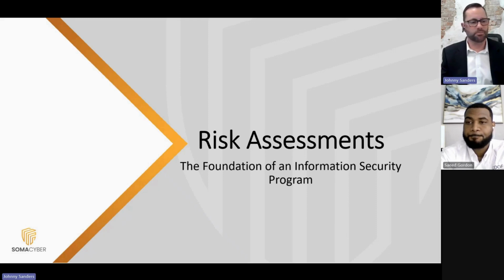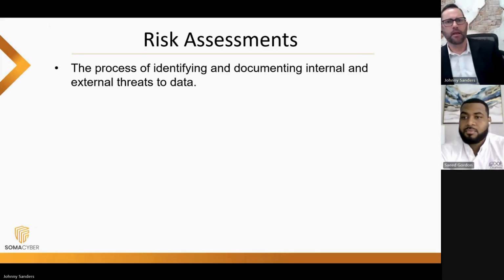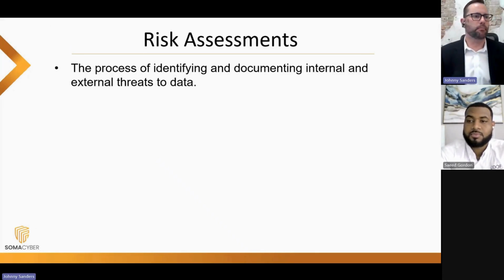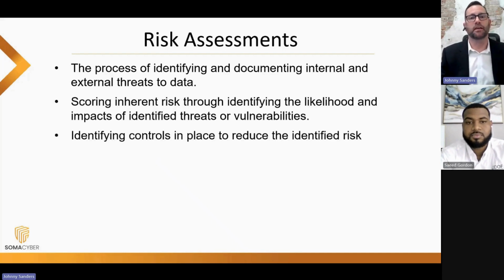The whole point of a risk assessment in any form or fashion is just to protect value, the value of the business, the asset, whatever it is. And that's what we're kind of looking at here. In the risk assessment process, it doesn't matter who you're looking at, they pretty much have the same requirements. You're going to try to identify all of the internal and external threats to data. You're going to categorize those, you're going to score them, give them some type of inherent risk rating before any control is in place. Then you're going to identify the controls you actually have in place to address that risk.